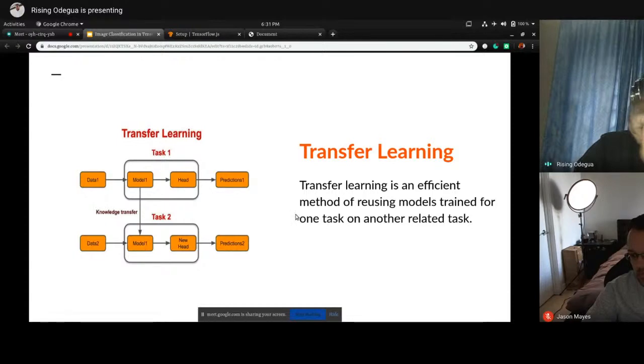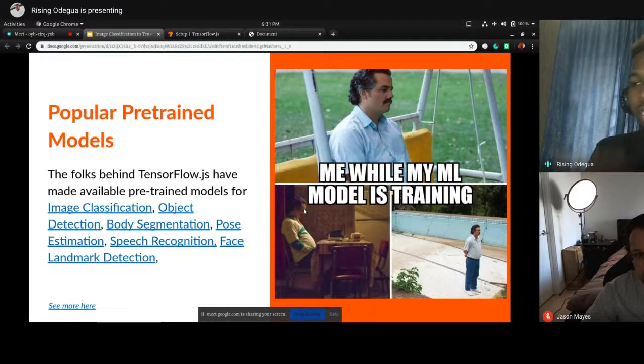Okay. But transfer learning is very important in the sense that you can easily leverage the power of existing models. So training time reduces drastically, accuracy increases, and you can do this in a few minutes. You're already using a model to do powerful things. Why? Because you are using existing models that are available.